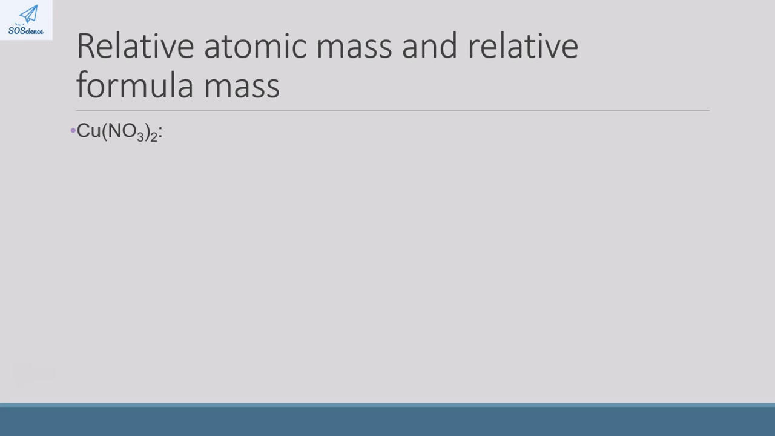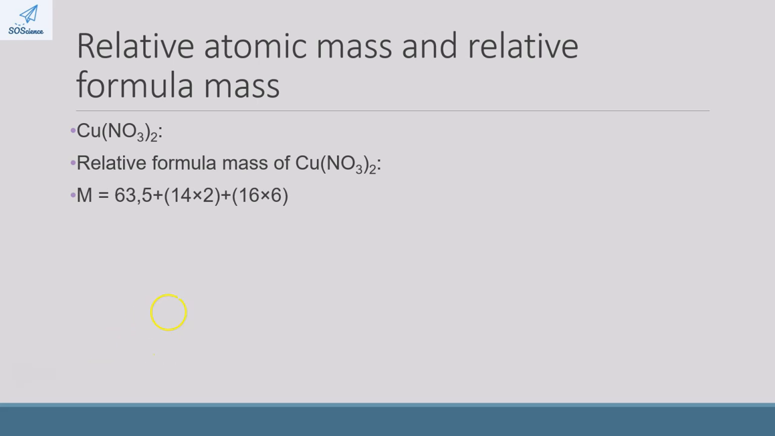And lastly, Cu(NO3)2, the relative formula mass is 63.5 for copper. Then we've got NO3, which is made up of nitrogen and 3 oxygens, but we've got 2 of this family group. So we've actually got 2 nitrogens and 6 oxygens, which is why it is 14 times 2 and 16 times 6. The way that you set this out is not important, provided that you represent the correct number of atoms. And the final answer would be